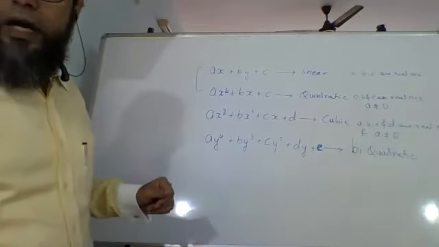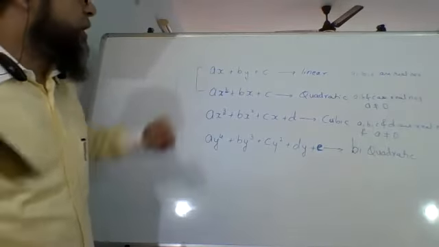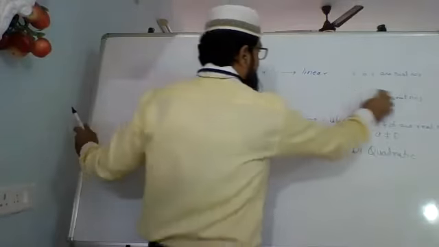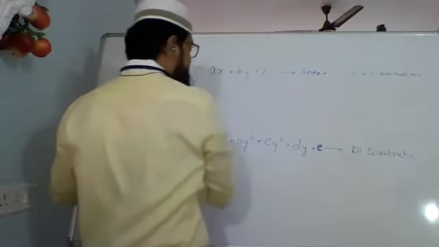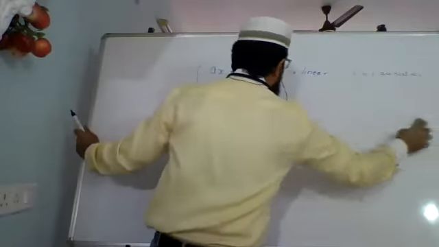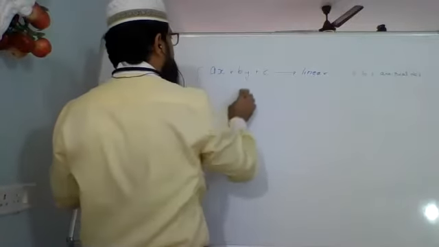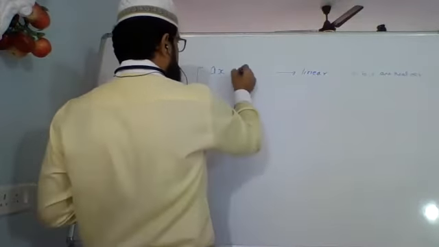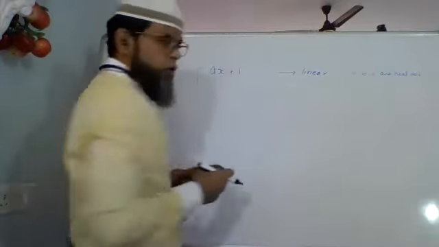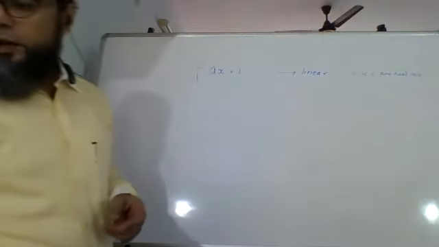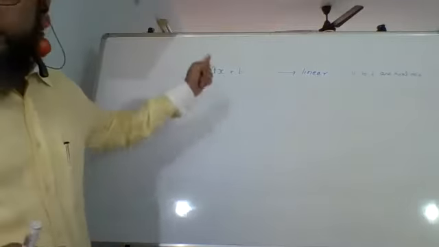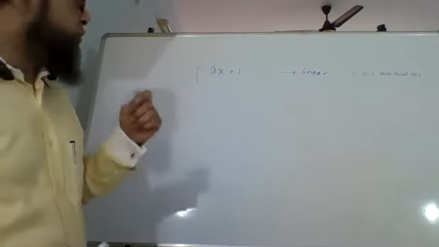Now let's look at first the linear polynomial. In fact, in a linear polynomial, you need not have two variables. It could also be of one variable, which is ax plus b. It could only be ax plus b. So here what happens? Now I can easily find out the value of x over here.